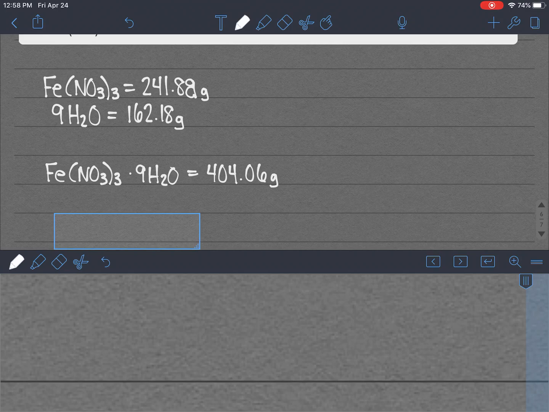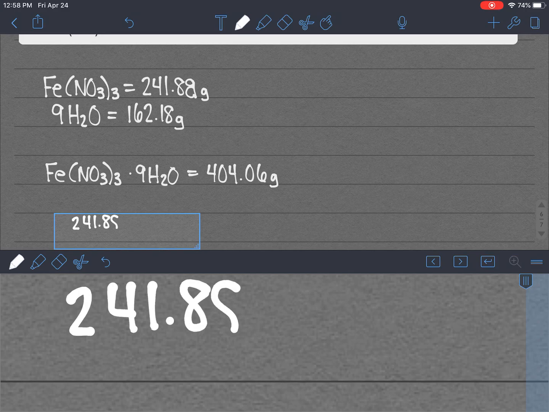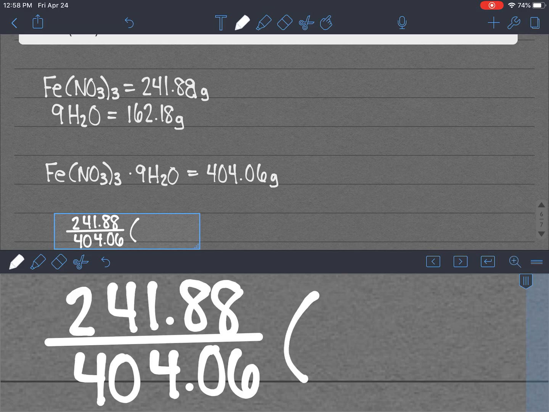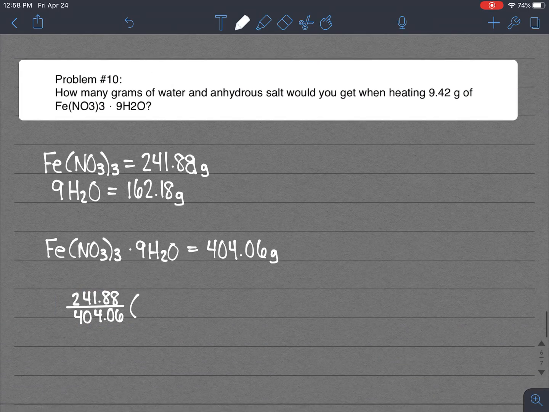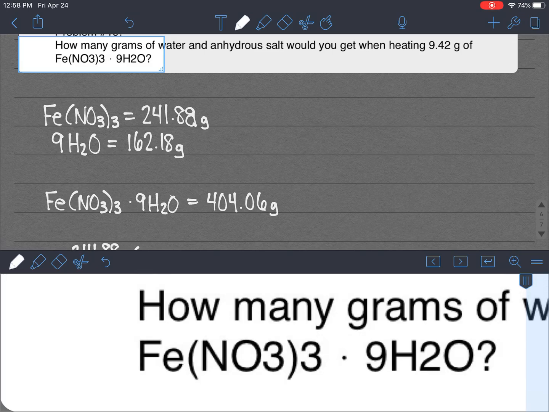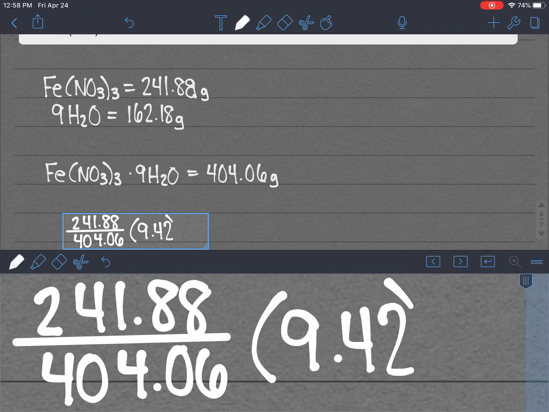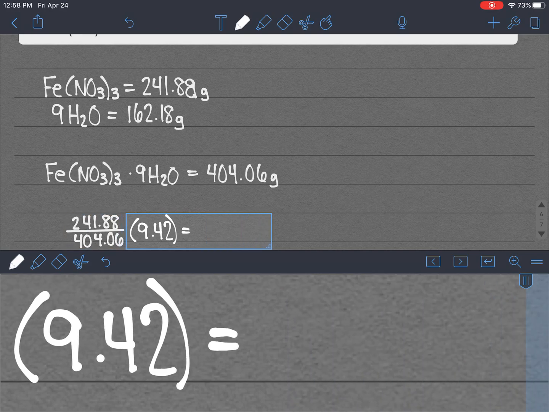So I'm going to first look at the contribution of the iron 3 nitrate, like how much is in the sample corresponding to just the anhydrous portion. I'm going to divide that by the total sample mass. And again, just to take a slight little shortcut here, I have to go back up. 9.42 is my sample mass. So 241.88 divided by 404.06 times 9.42 gives me a mass of 5.639. So I'll say 5.64